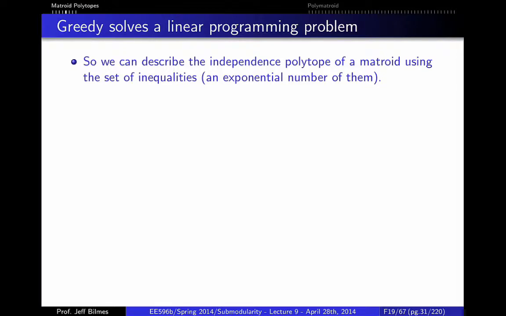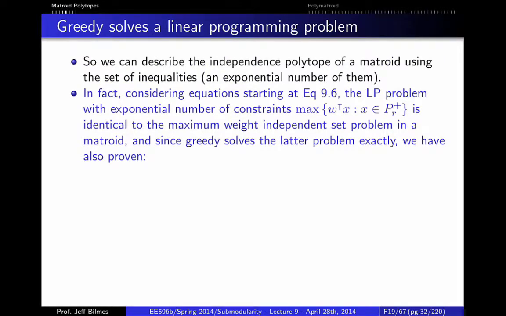So we can describe the independence polytope of a matroid using the set of inequalities. And so basically, perhaps most interestingly, consider this linear programming problem. This is a linear programming problem highlighted in yellow that has an exponential number of constraints. The valuation of this corresponds precisely to the maximum independent set problem that was solved exactly by the greedy algorithm. In fact, it's the defining property of the matroid. So therefore, that means that for this linear programming problem, we don't need to run